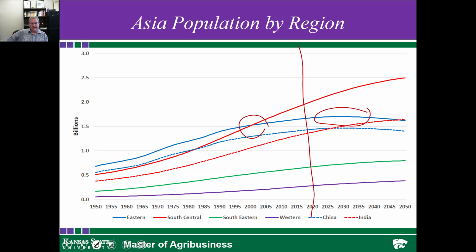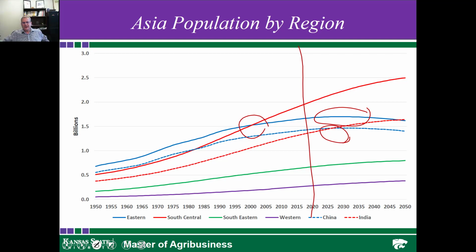I also put in the dotted lines for China and India, and they cover where we are from those major countries. The blue of China represents that it's in Eastern Asia, the red of India. One of the things to look at is that China currently is the most populous country. However, there is expected to be an intersection in about 2027 where, according to the projections, India is expected to surpass China.